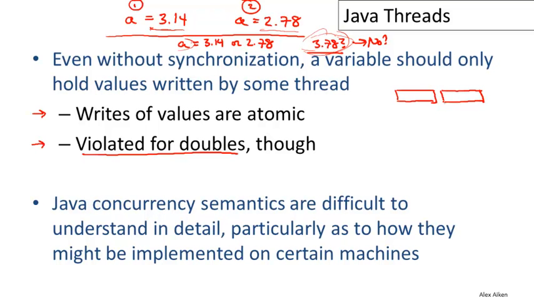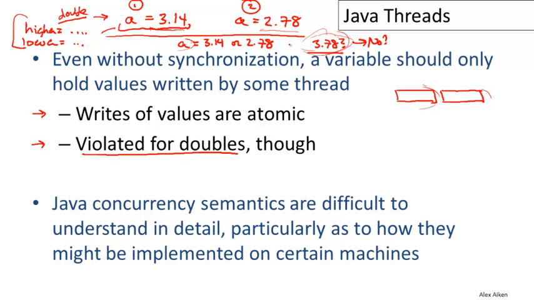It consumes 2 words. And what that means is that if A here is a double, so let's assume that A is a double, that means that this write of 3.14 actually translates into 2 machine instructions. We have to write the high part of A equals something, and then the low part of A. So it'll be 2 machine instructions to write both of the words that represent A. You have to write the high half and the low half, because there isn't a primitive double word write